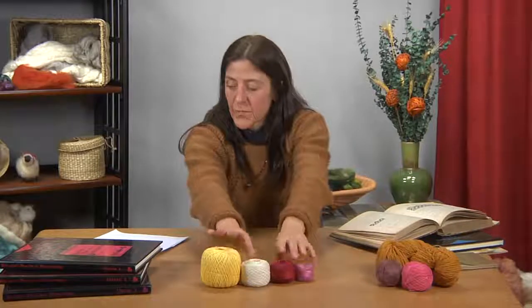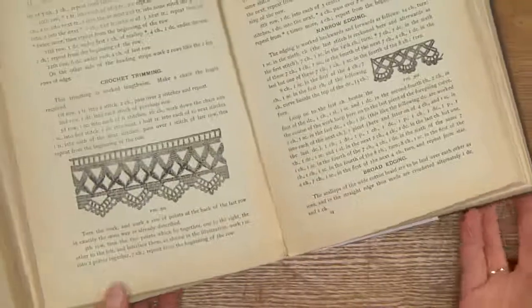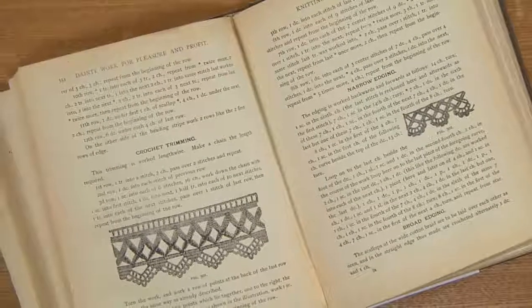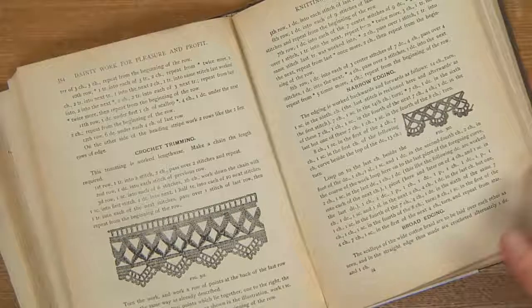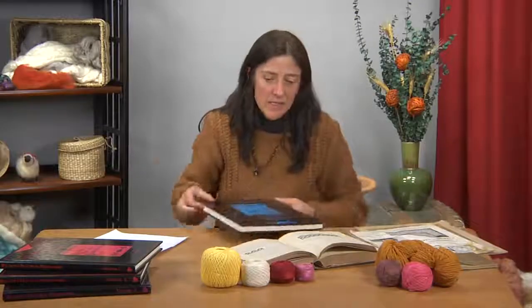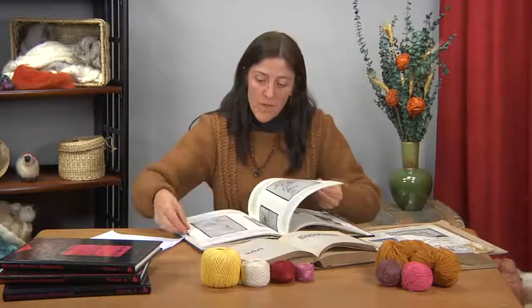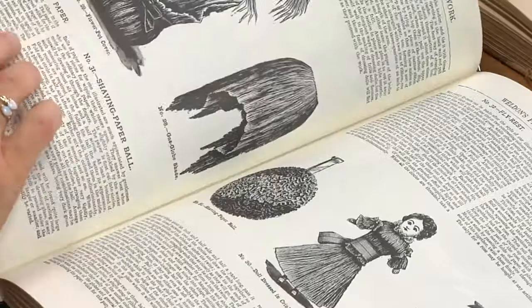The third key element is terminology. Some of the patterns in vintage magazines use English notation, although the magazines were published in the United States. If your results are not close to the illustration, if there is one, try converting the notation. Here are some examples of some turn-of-the-century crochet patterns. And here's an example of Weldon's, which was published in the UK. But there are some very fun patterns in here with a variety of